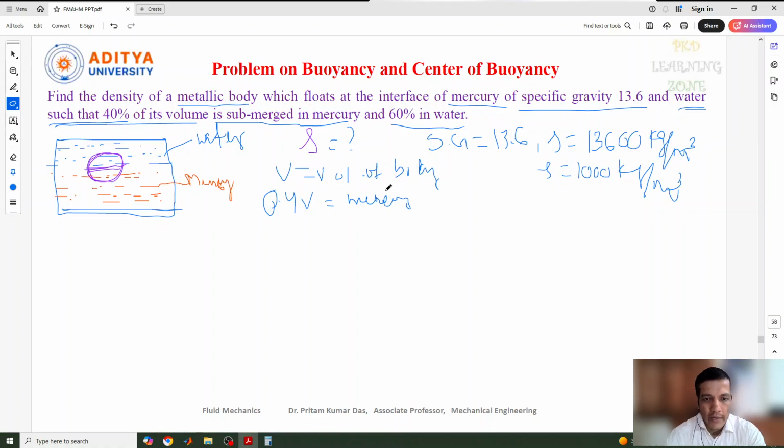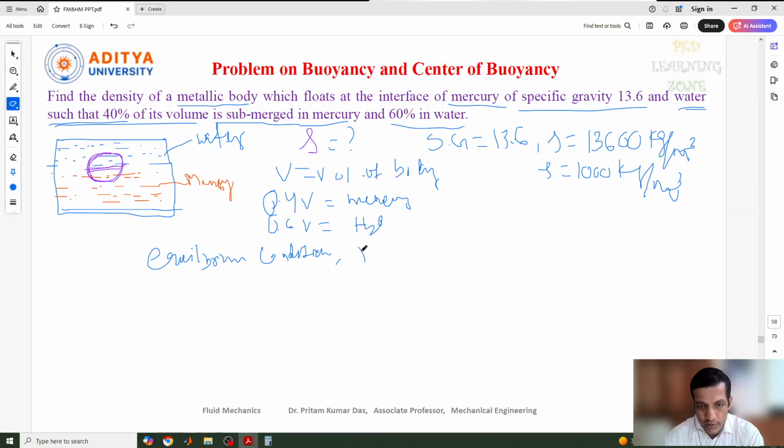Inside the mercury level is there, correct. Now similarly we can write 0.6 V is inside the water level is there. Okay, now for equilibrium condition we need to satisfy the what? For equilibrium condition we can write the total